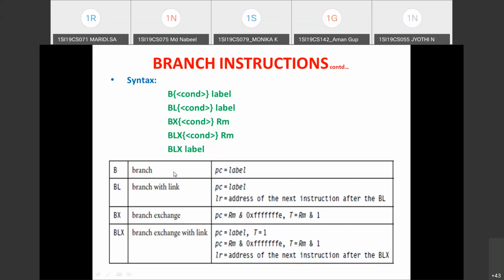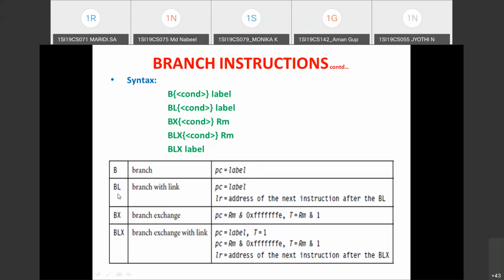Once this instruction is executed, PC will be loaded with the target address. The label address will be assigned to the PC. Control gets transferred to the label wherever it is defined. So this is about the branch instruction. If you are giving a conditional attribute, then only if that condition is satisfied, PC will be loaded with that target